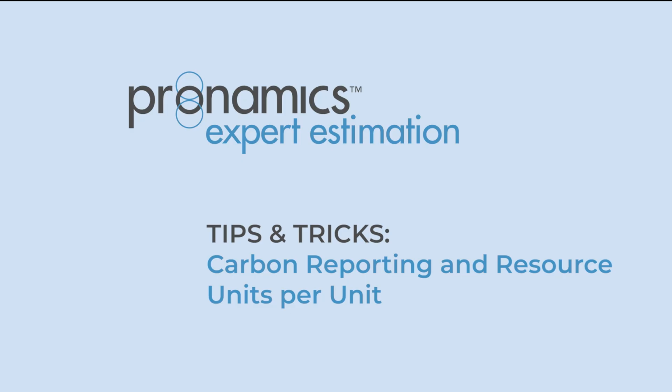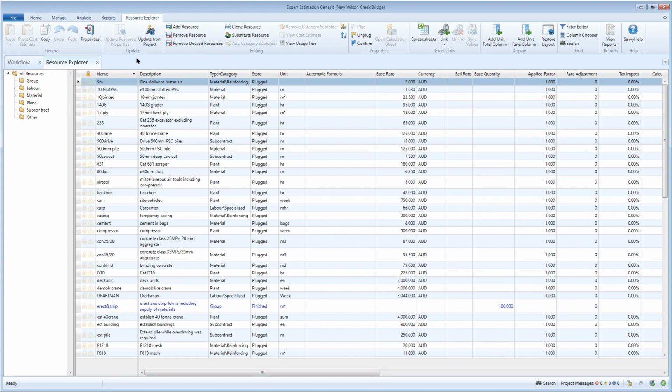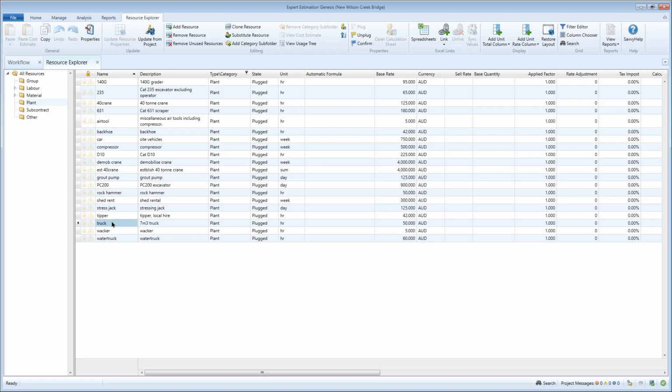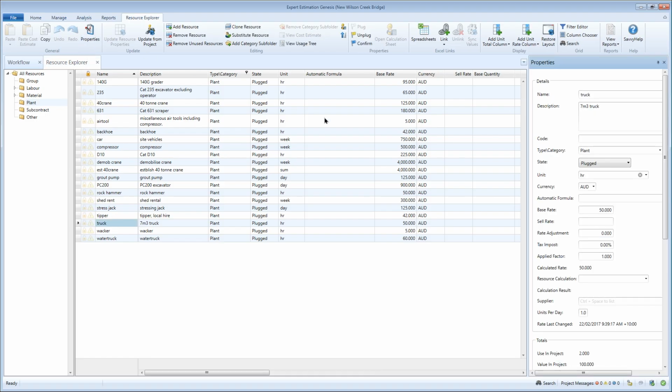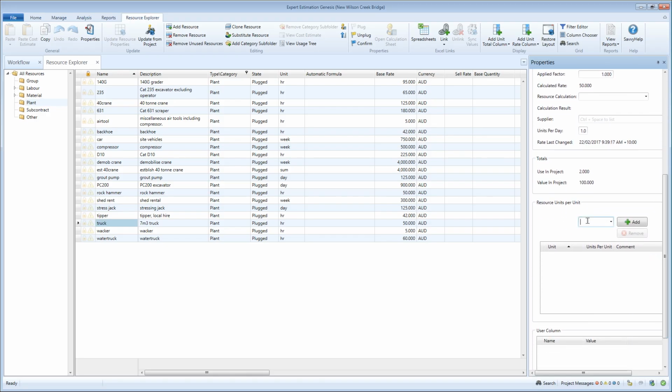Carbon reporting and resource units per unit. Whether it be carbon, energy, or resource reporting, units per unit can be utilized to track any emissions per resource used in an expert estimation project. With resource units per unit, you can attach another unique resource unit for each time a resource is used. For example, freight for each kilometre travelled with cargo,